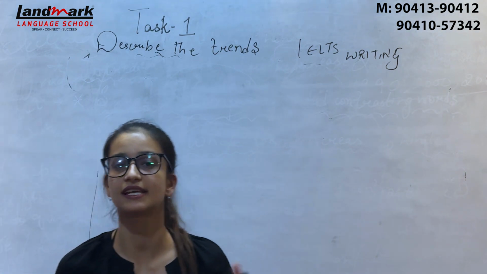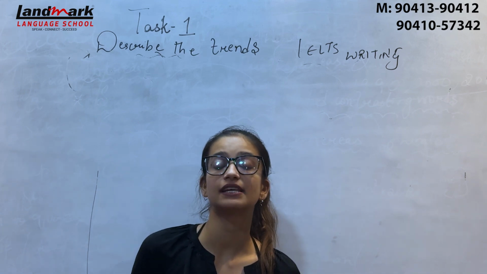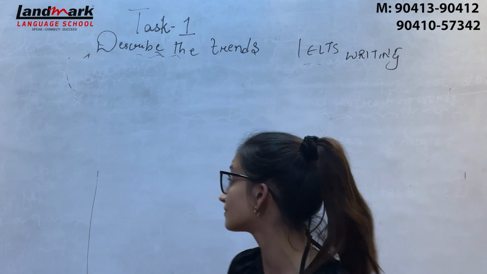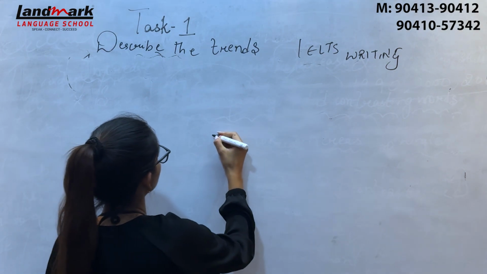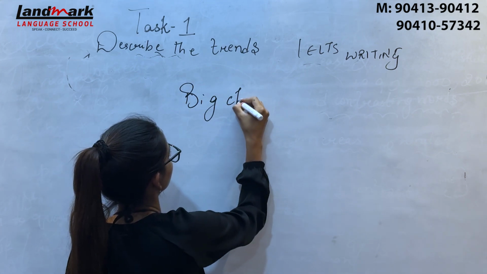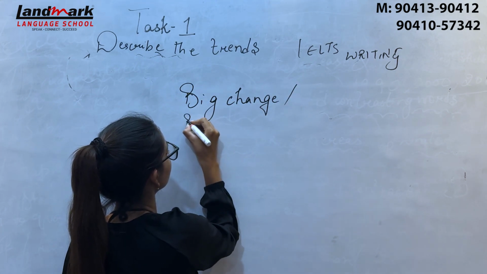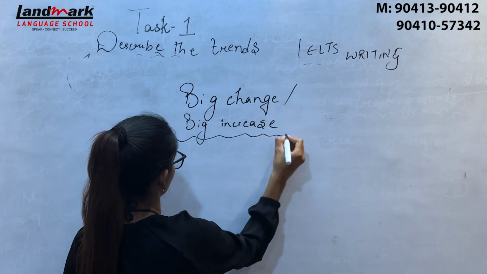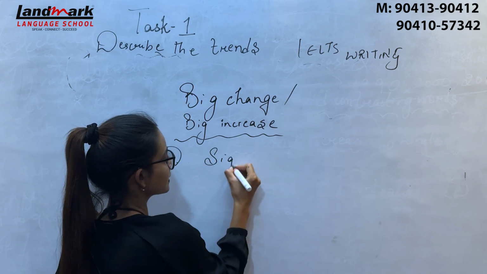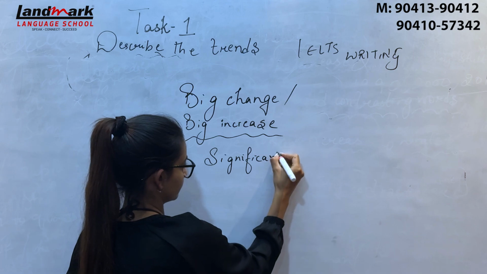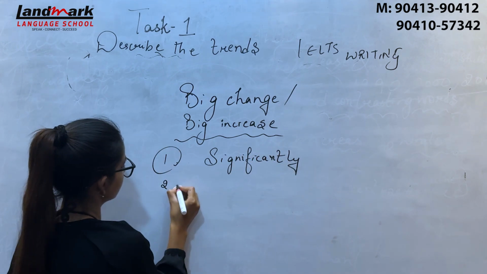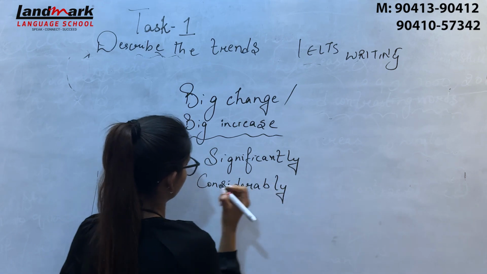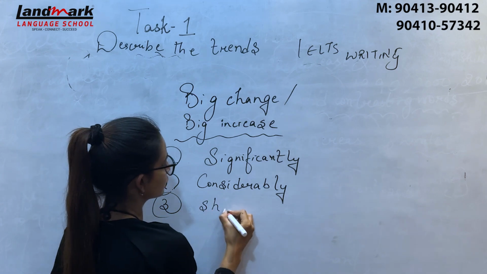So we also discussed increase and decrease, but what when there is a big change, what when there is a small change? There are so many synonyms that we can use. So when you see in the pie chart that there is a big change, or you can say a big increase, which words to use? First one is "significantly", okay, and the second one is "considerably", and the third one is "sharply",